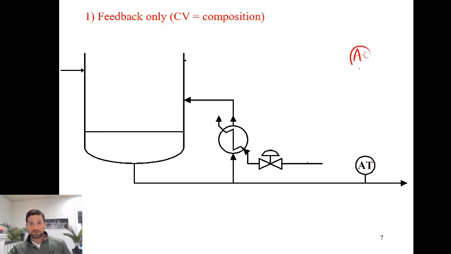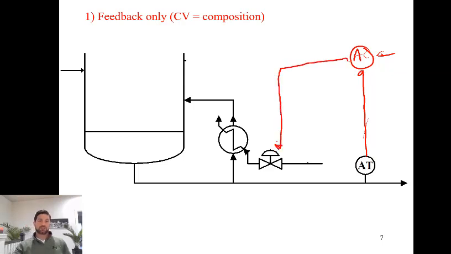So what we can do is draw a composition controller, and based on changes in the composition, this composition controller is going to tell the steam controller to increase or decrease the amount of heating to the reboiler, and that's going to affect the composition. So that would be the bottoms of the distillation column, without any sort of cascade control, feedback only. And I suppose I should say specified here. So again, this is feedback only,